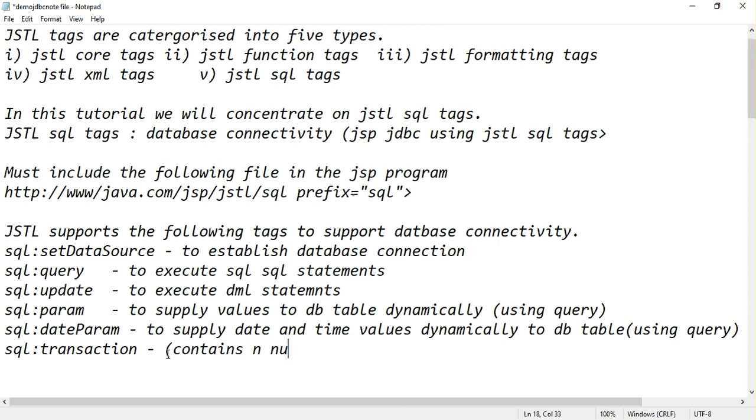It contains, for example, n number of SQL update statements.